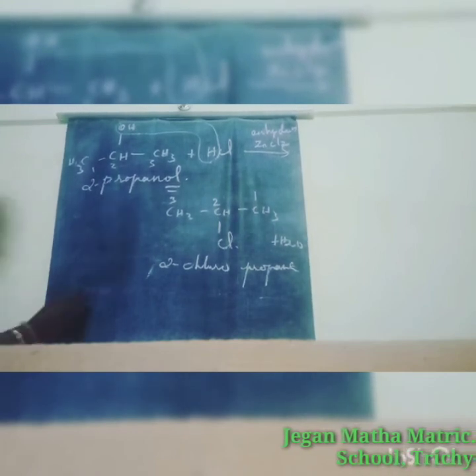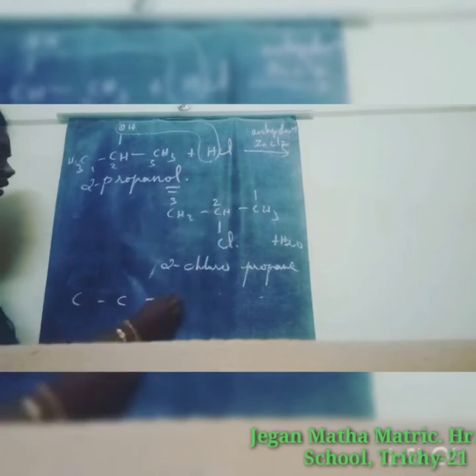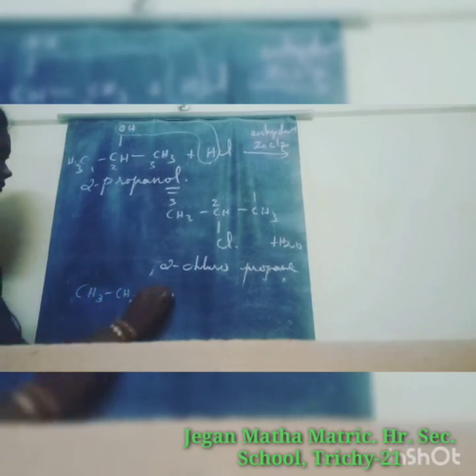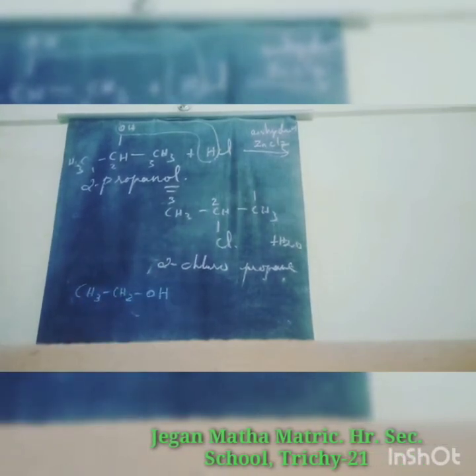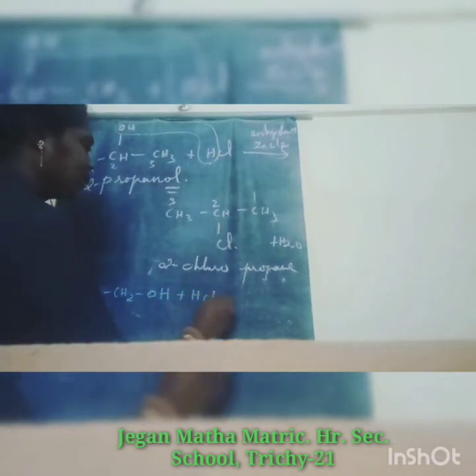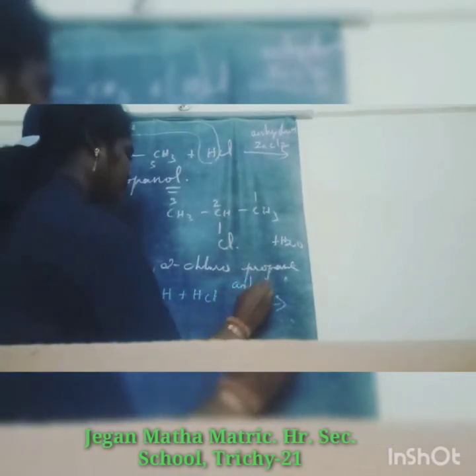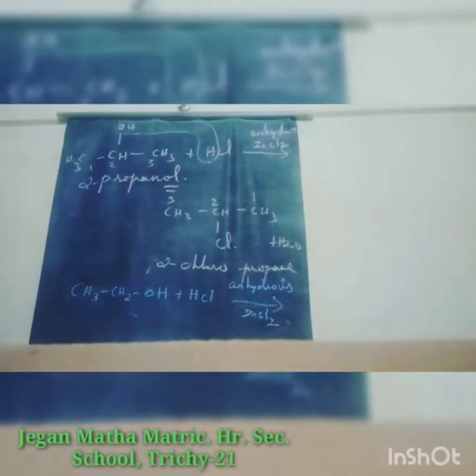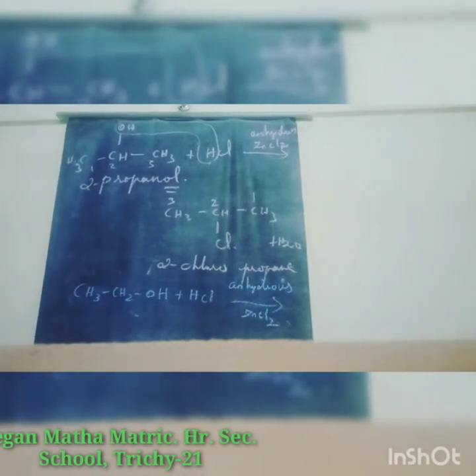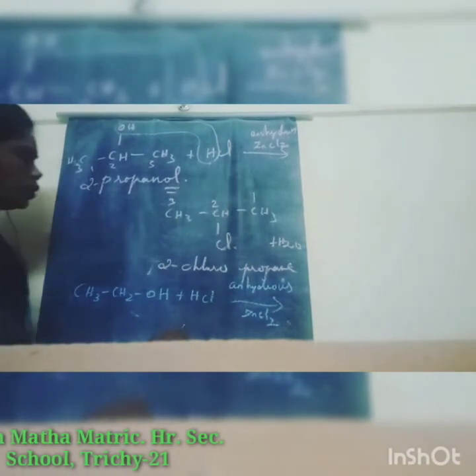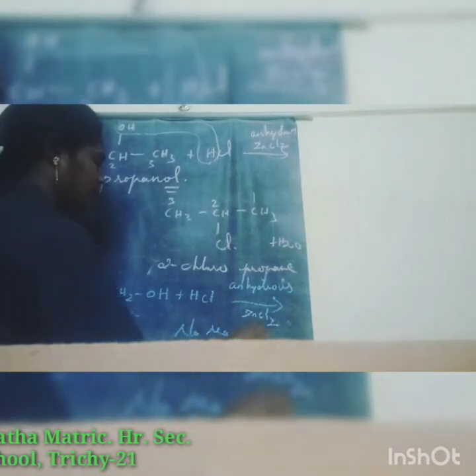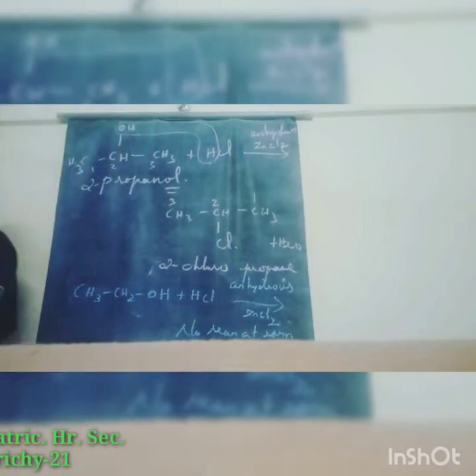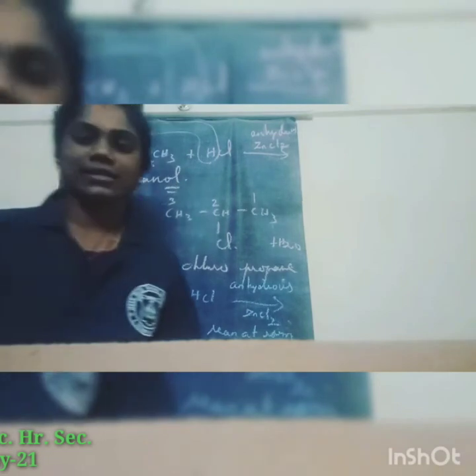And next one we take an ethanol group, which is the best example for primary. So here ethanol represents 2 carbons, and here an alcohol group. Next one is a primary alcohol, that is CH3CH2OH. Another name is ethyl alcohol. That is reacted with HCl in the presence of anhydrous zinc chloride. Here already we know that there is no reaction at room temperature. Turbidity appears only on heating. So that's all for the Lucas test. Thank you, students.